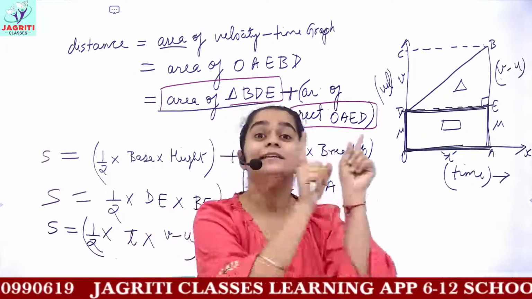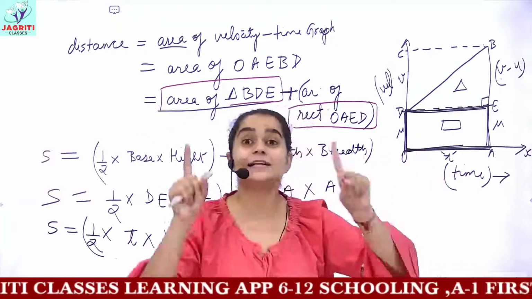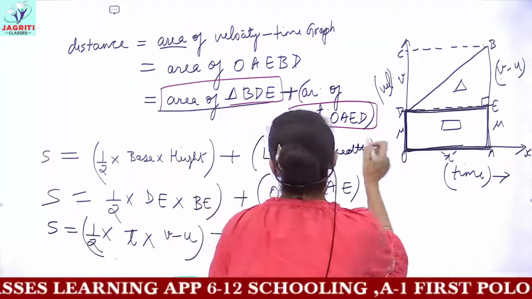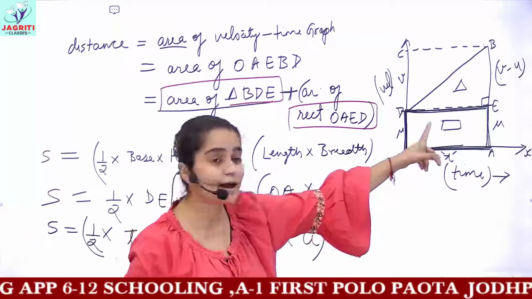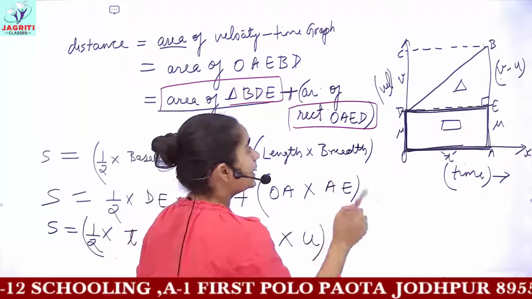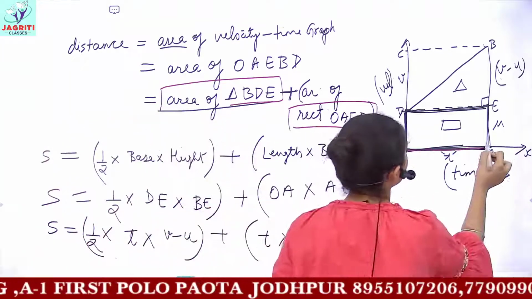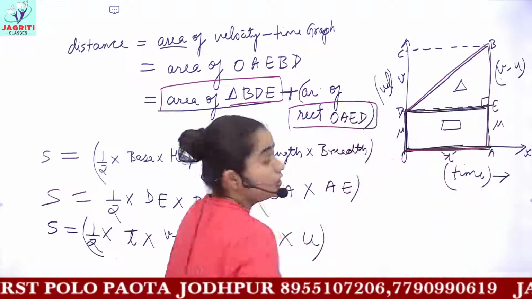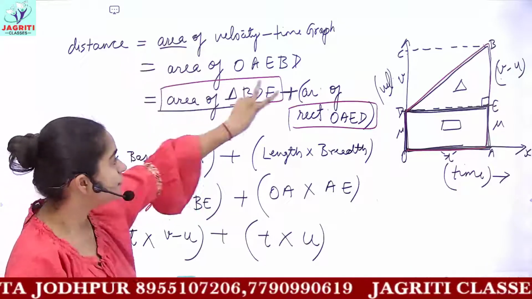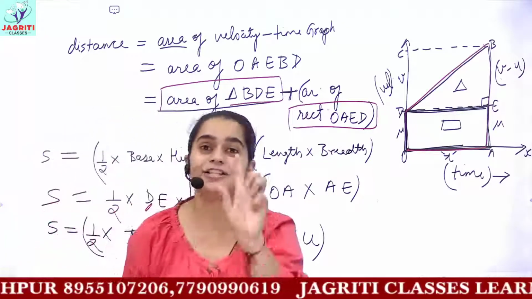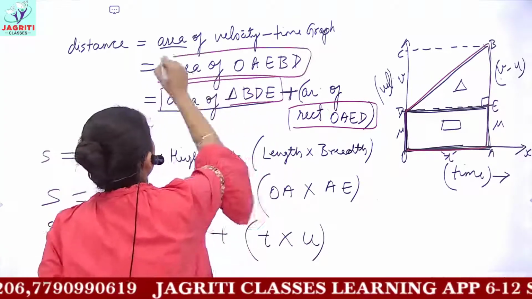Whereas for deriving the third equation, you have to find the area of this complete shape as a whole. So you will say the shape OAEBD here. The graph we are using is the same; for the third also you have to make this same graph. Now we'll not divide the shape into two parts. For deriving the second equation, we found two areas. For deriving the third equation, we find the area of a single shape, that is, OAEBD.